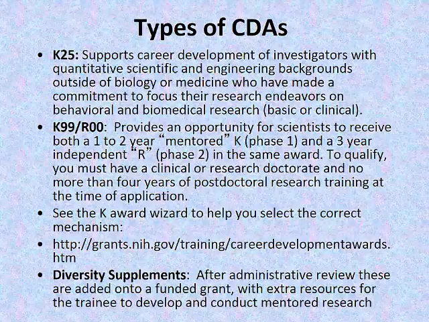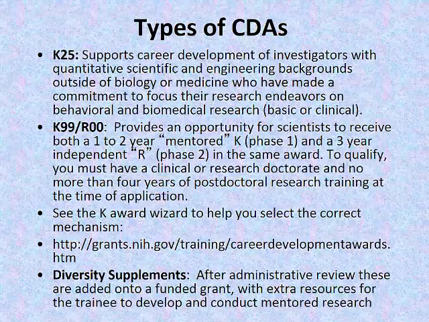The K-99 R00 is a new grant mechanism, and it's kind of like a hybrid bridge to R funding. So the first 2 years are like a K award. It's a mentored scientific experience. And then the back 3 is an independent R-type grant. Chris Evans is a person who comes in and talks more in detail about this award.